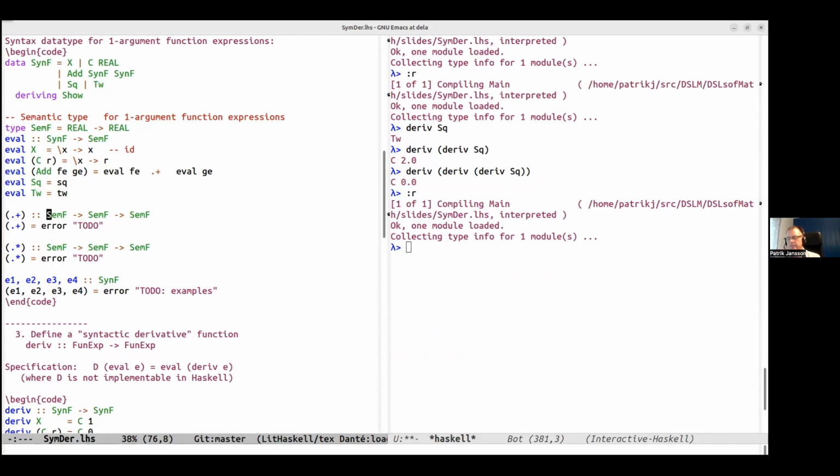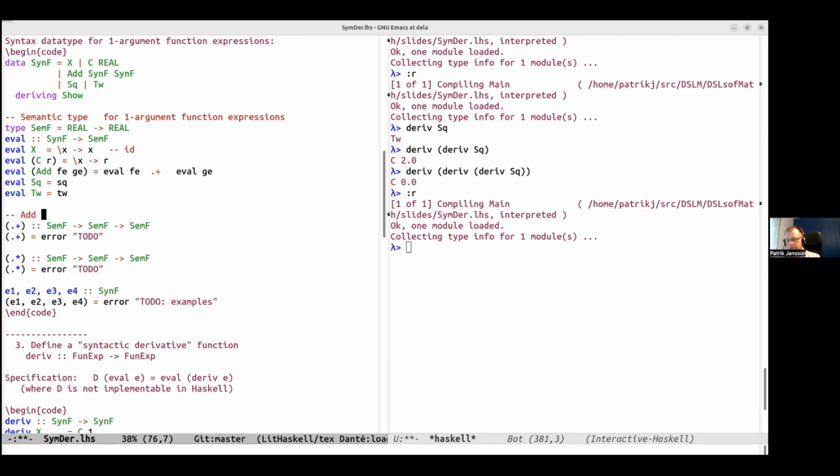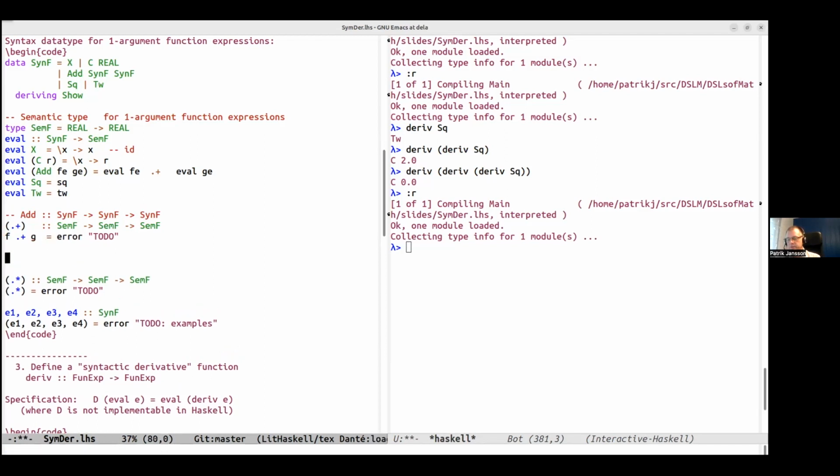So notice that add up here, I can put that in a comment. Add has type SynF to SynF to SynF. And if I line this up, you can see that the difference is just that we replaced everywhere the syntax with semantics, syntax with semantics, syntax with semantics, but it has the same shape. So this function, f plus g, is actually what we called O plus